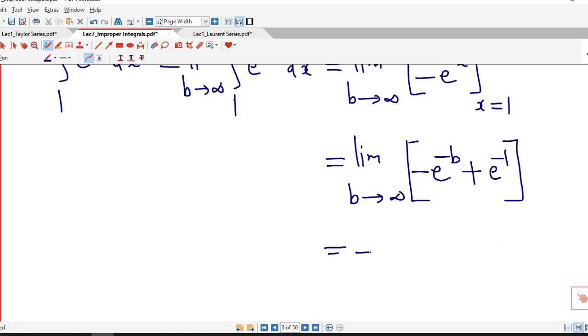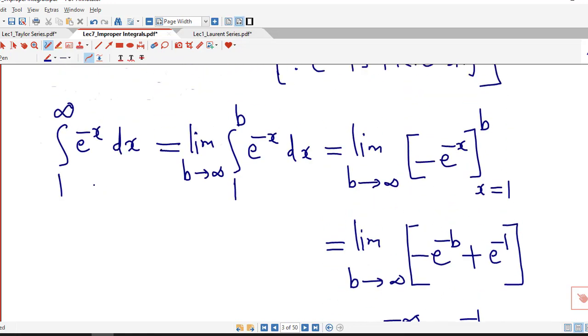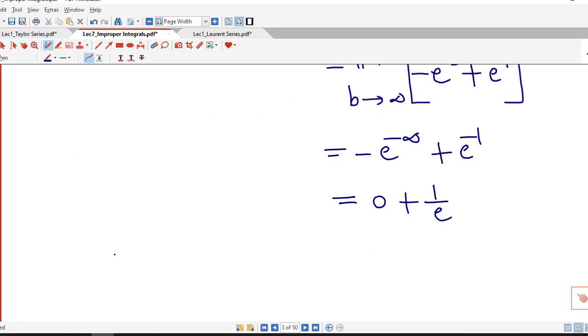And if we consider limit as b tending to infinity, we have minus e raised to minus infinity plus e raised to minus 1, which is constant, and e raised to minus infinity is 0, so we have 1 by e. So value of the integral from 1 to infinity e raised to minus x dx is 1 by e, which is finite. So therefore integral from 1 to infinity e raised to minus x dx